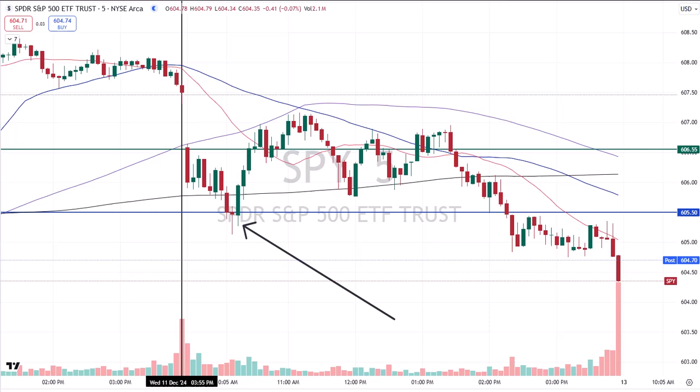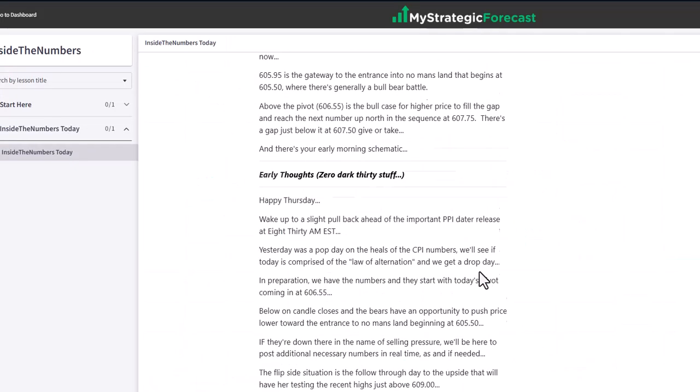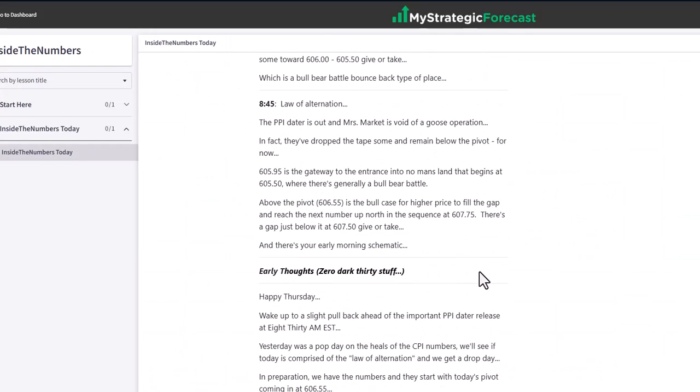Anybody take that trade? Anybody in the live room watching? Did you take this trade? Did we all take this together? Yes, we did. And this wasn't the first trade of the day in the live room. This was actually trade number 3 in the live room. And this turned out to be the Whopper Jr. Pause the video, read the notes, go back to the charts and double check the work.